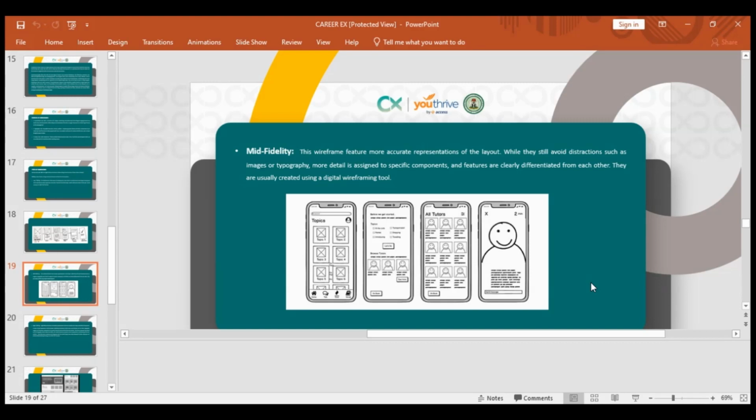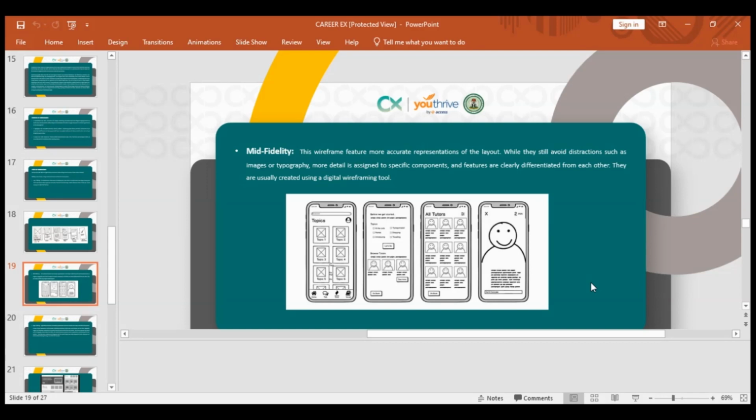It can also be created, for those people that have tablets, by using your notes app on your tablet and then using your pen to just sketch out something. Okay. Now, for mid fidelity, which is more like having it arranged, aligned, but it doesn't have images, it doesn't